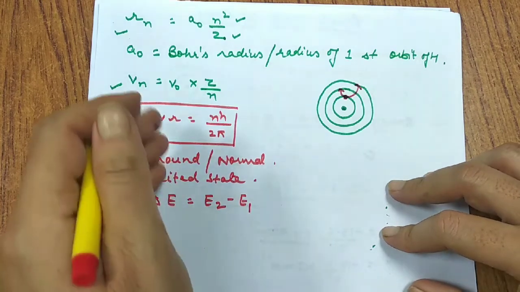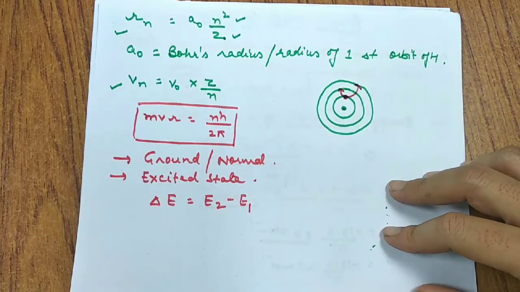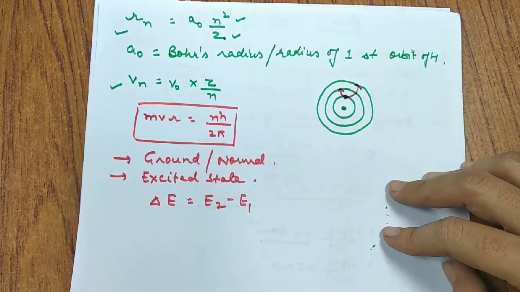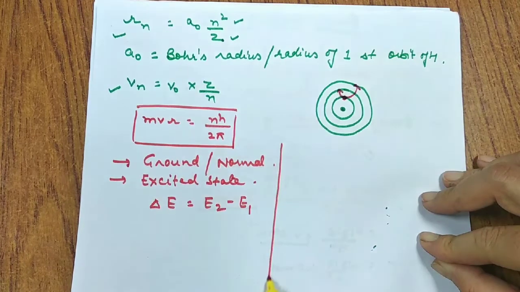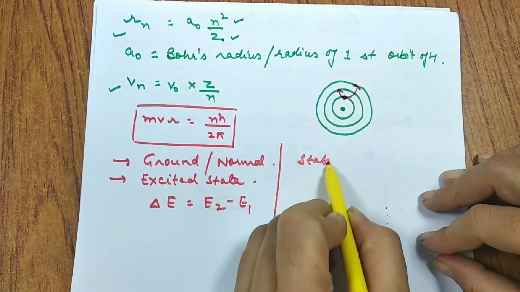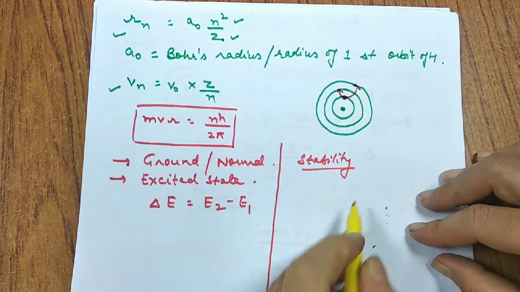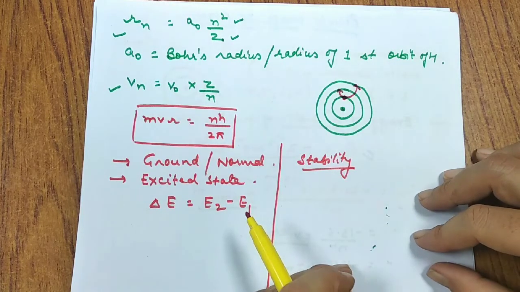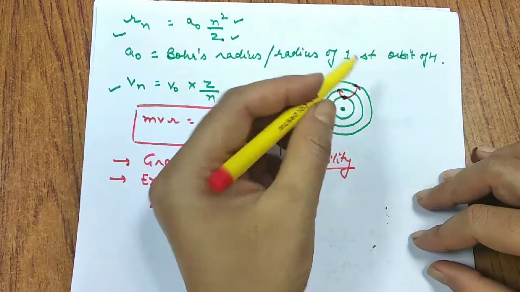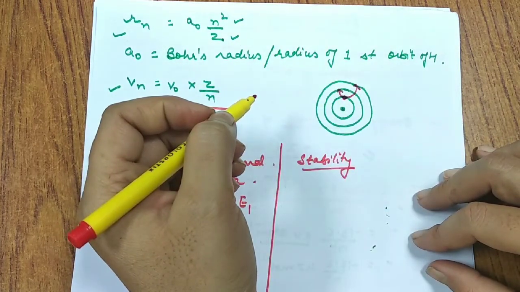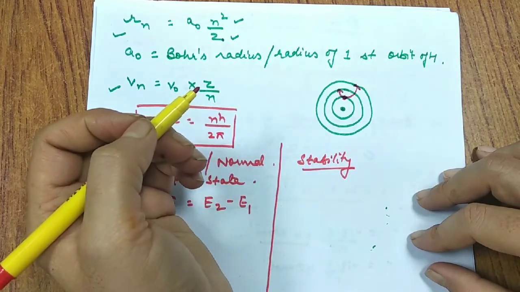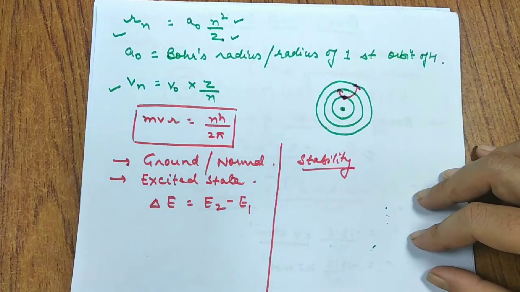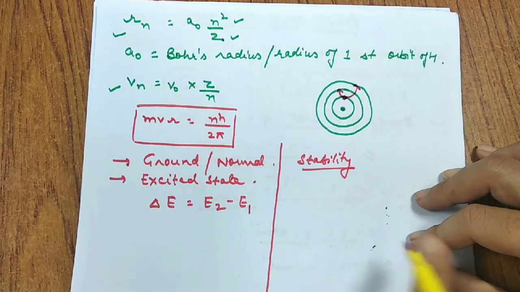So this is how Bohr has explained the distribution of electrons. From these postulates, we could say that Bohr very well explained the stability of the atom. What is the advantage? The advantage is what Rutherford could not explain, Bohr can easily explain: the stability of an atom. He said that the electron cannot lose energy as long as it stays in that orbit. So if it is not losing energy continuously, it will not fall into the nucleus, and thus the atom is quite stable. That is the major advantage.